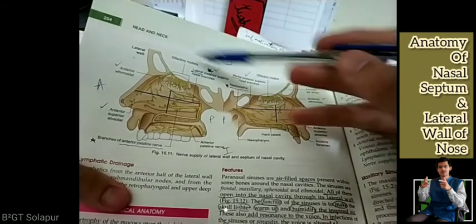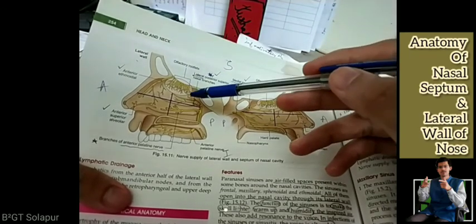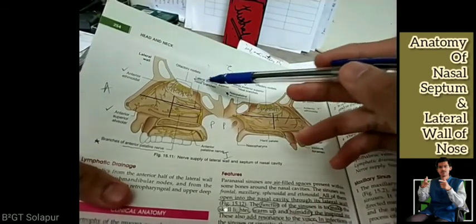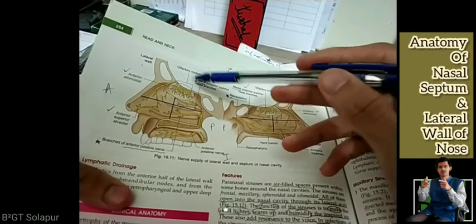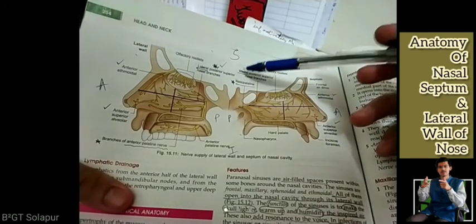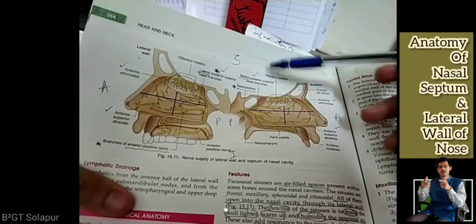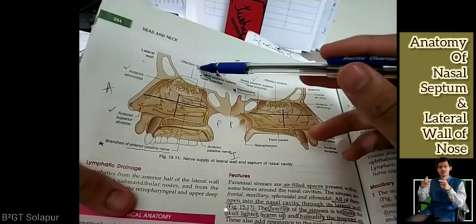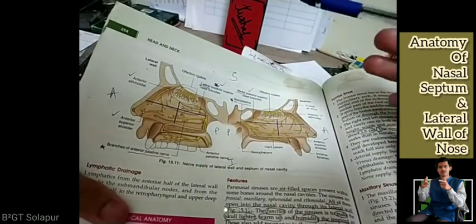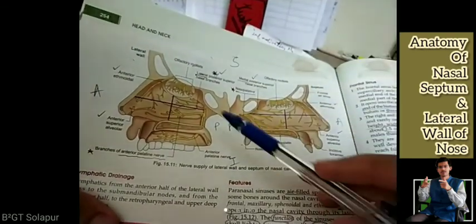Now this one, the superoposterior or posterosuperior quadrant in both the nasal septum and lateral wall. In the lateral wall, it is the lateral posterior superior nasal branches. Lateral, because this is the lateral wall of the nose, and here the nasal septum is the medial part, so it is the medial posterior superior nasal branches. So the posterior superior nasal branches are the same; medial and lateral you have to remember. These nerves are branches of whom, and all that, you will study in deep detail when we talk about the nerve supply of the head, neck and face in toto.